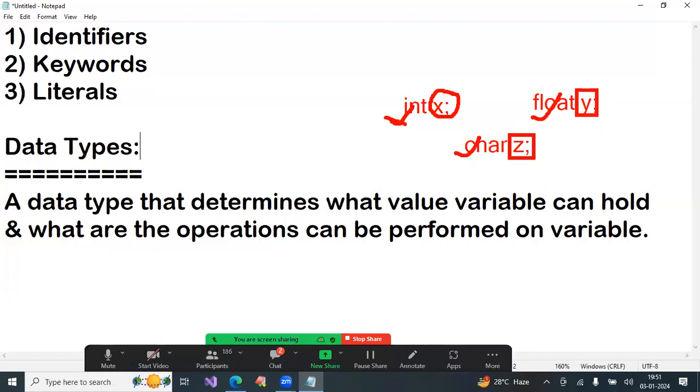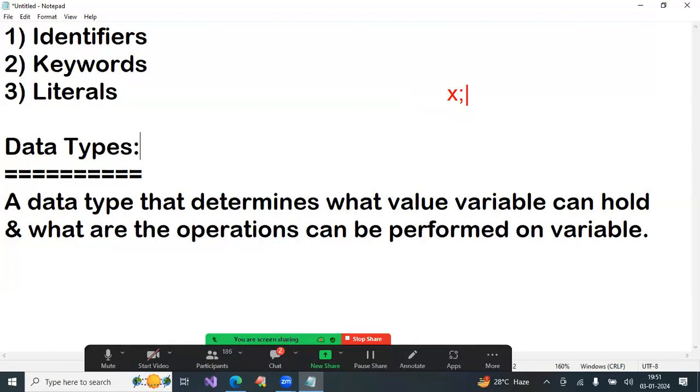So a data type decides what x should contain, what y should contain, what z should contain. That is data type. Suppose you write only x, one variable. It is meaningless, because you are not specifying what x should contain.